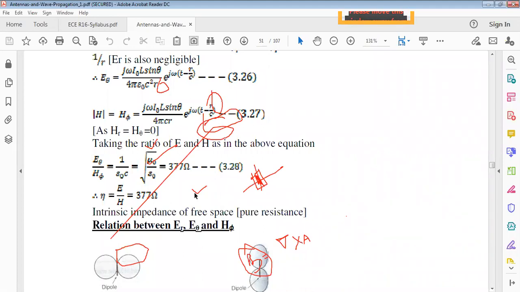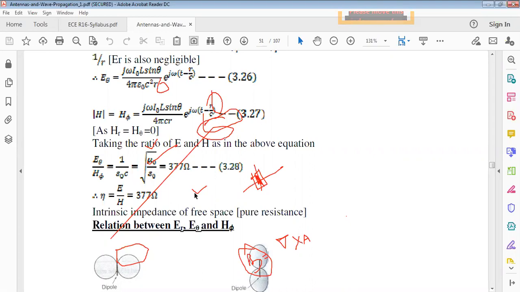Okay, the ultimate goal of our second unit is to derive the antenna parameters. For the antenna parameters, especially the radiated power and radiation resistance, we have to find the field components. What are those field components? R, theta, phi. In the spherical coordinate system, we have to find the electric field and magnetic field components, E field and H field.